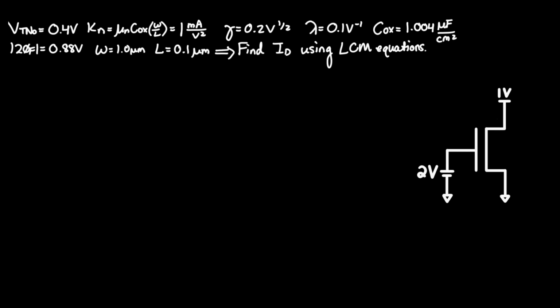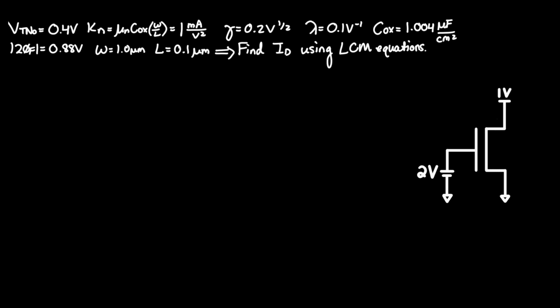Find ID, or the drain current, using LCM equations of this NMOS amplifier, so we don't have to account for any short channel non-idealities. Given VTNO, which is the threshold voltage, which equals 0.4 volts, Kn, which is this product or transconductance parameter, not to be confused with gm, which equals 1 milliamp per volt squared, gamma, which is the bulk threshold, equals 0.2 volts to the 1/2, lambda equals 0.1 volt to the -1,